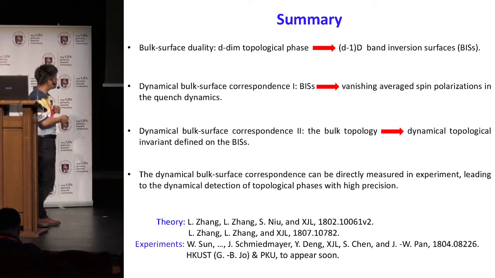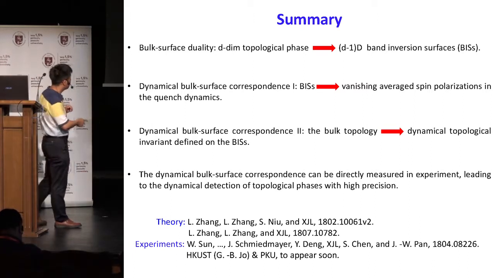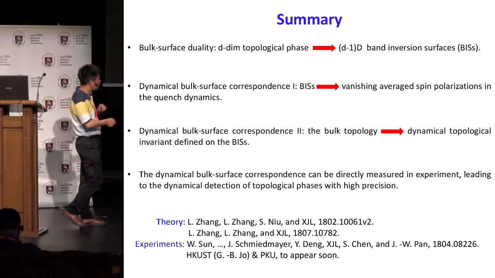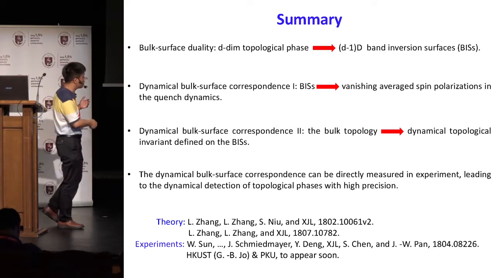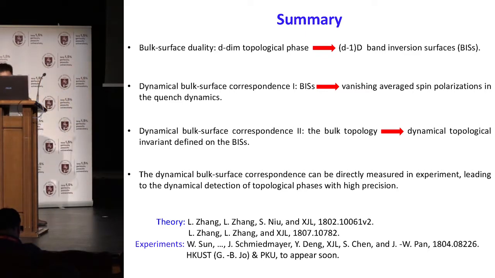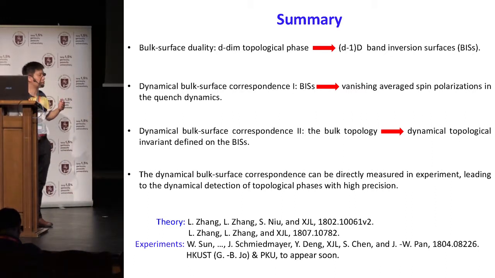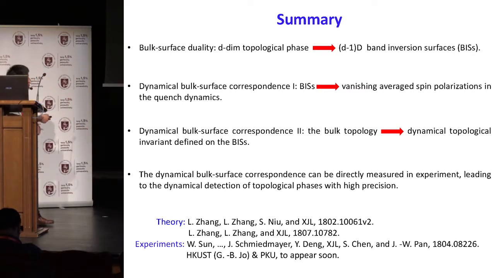Okay, so this is the theory, and another paper will come out tomorrow on the arXiv, and also the experimental results by the USTC group, in collaboration with Gilbert Zhou's group at HKUST, to appear soon. There are a lot of interesting generalizations of this theory. Since this theory is very basic, you can go to many interesting issues: all free fermion topological phases, correlated topological phases, and also Floquet, non-Hermitian systems and so on.